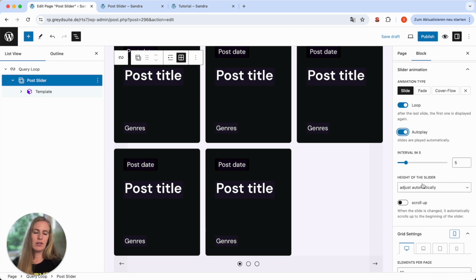You can then again define the height of your slider, and this option here is really important on mobile screens. For example, if you have 3 posts below each other and then you slide to the next page, by default the browser will remain down, so you will see the last of the next 3 posts. And with this option here, you can automatically make the browser scroll to the first one.